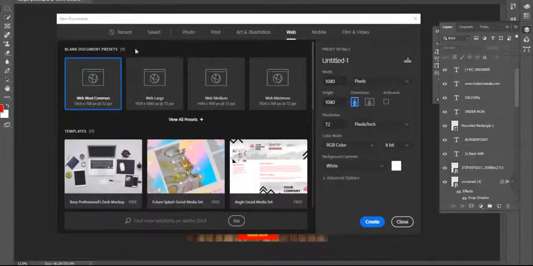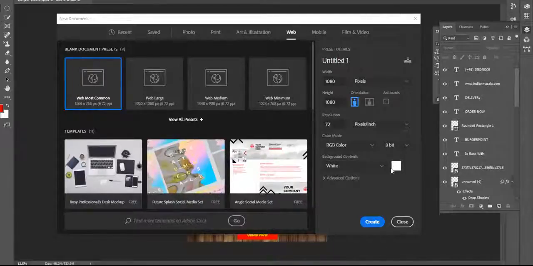If you define Photoshop, we define it as an image editing and manipulation software, right? We can only edit and manipulate raster graphics images. In the previous class, I told you what raster graphics images are. I'll tell you once again. Raster graphics are made of dots and pixels, right? That's why we call Photoshop a pixel based software, because it edits and manipulates raster graphics only, right?